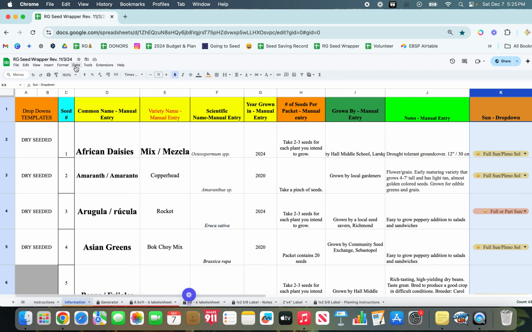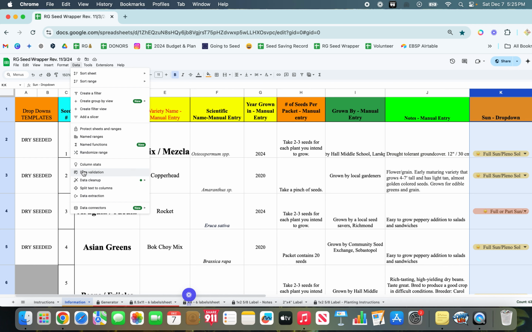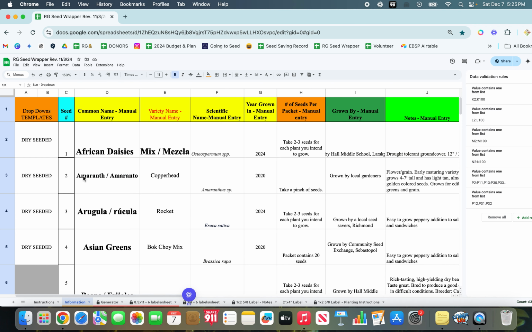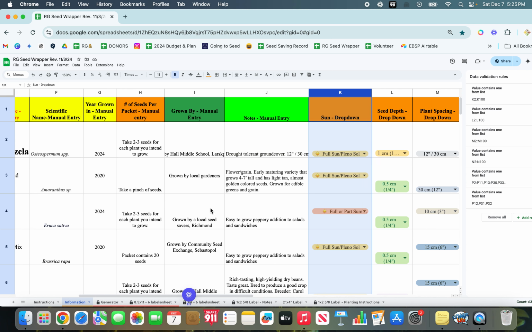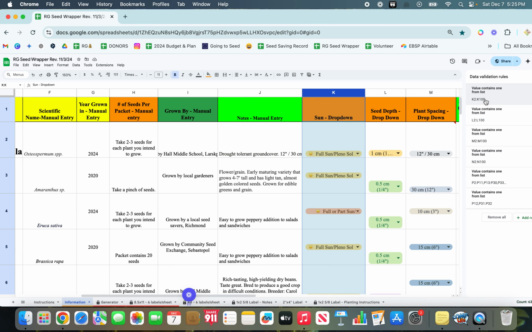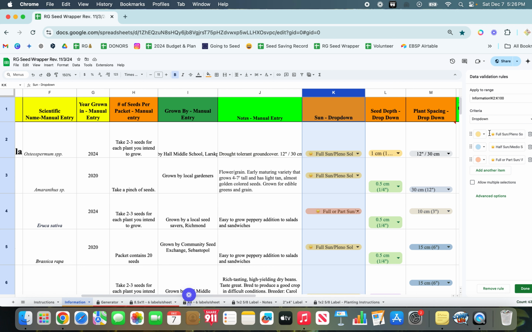So what I'm going to do is go up to data, and all of this drop-down menu comes from data validation, and that was column K. So I'm going to click on column K. You can see it only goes K2 to K100. So over time, I'm going to need to extend that number to include lines past 100. But for right now, I'm going to add